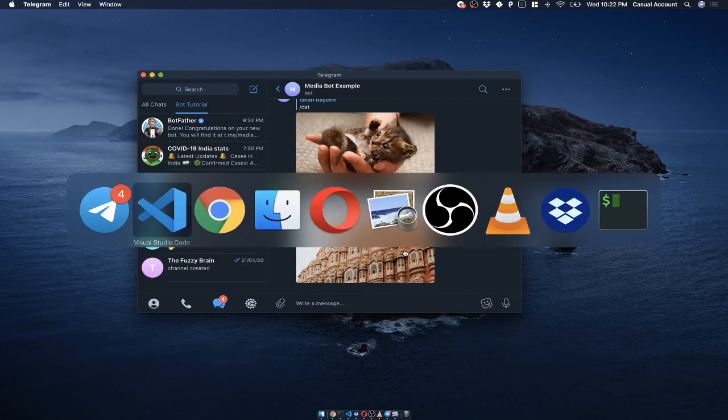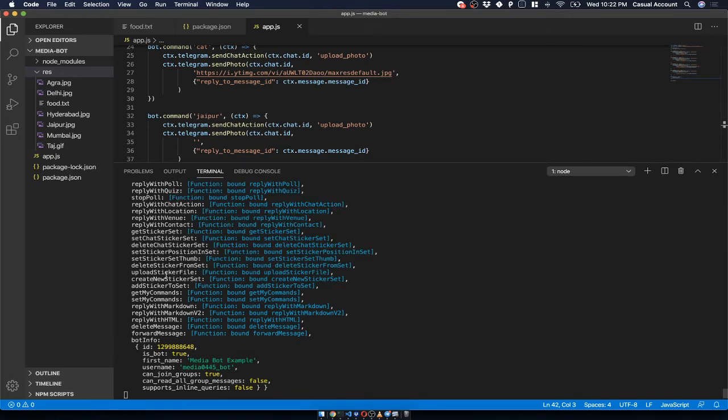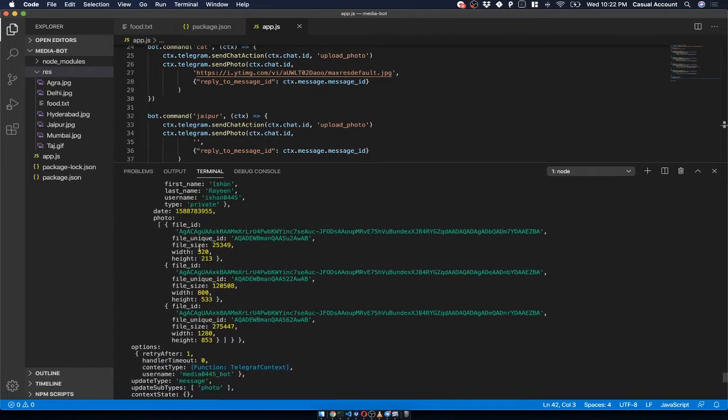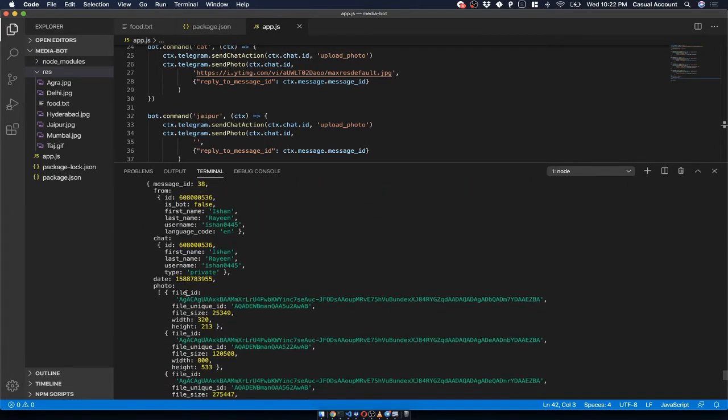And now if we go back to our console, we'll get a log. So this is the context object. It contains a lot of information which we are not bothered about. Over here you can see that inside photo we are getting something known as file ID, and this is what we wanted.